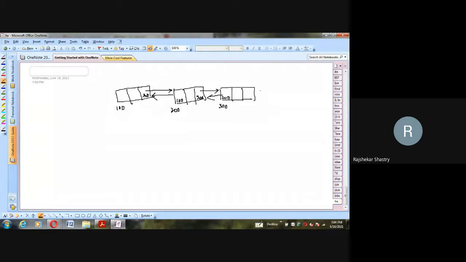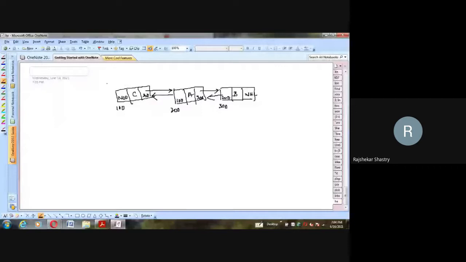And the last node, since this is the third node, the last node, its right pointer should equal null, and the first node's left pointer should also equal null. So these are the two special pointers: the last node's right link is null, and the first node's left link is always null. If these things are taking place, and the data is roughly C, A, B, then this is an example of a double linked list.